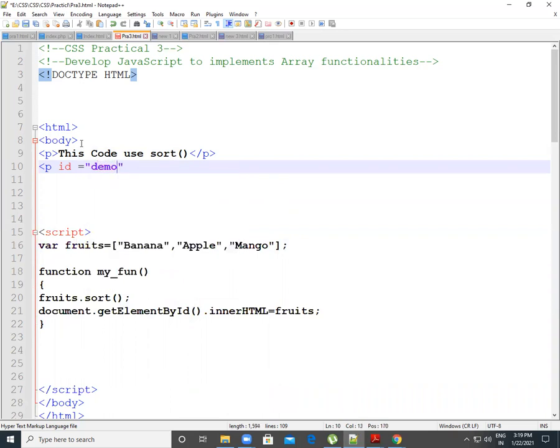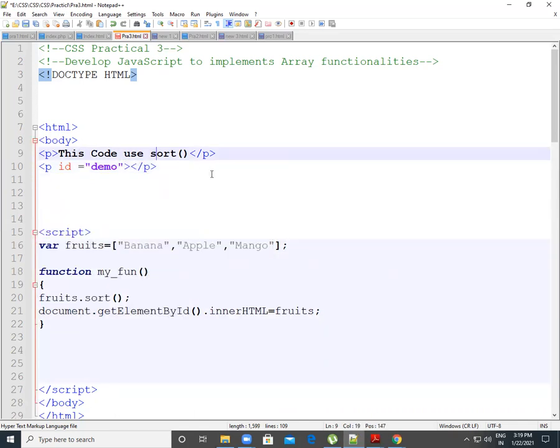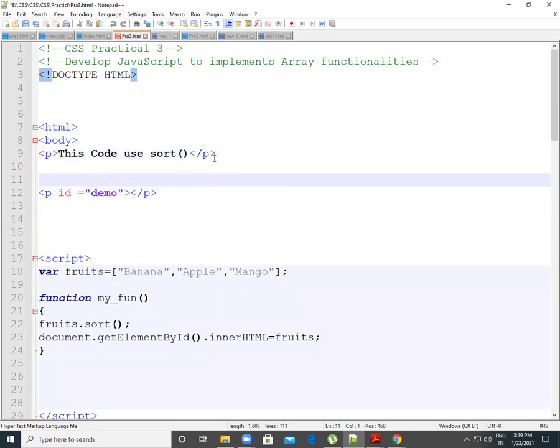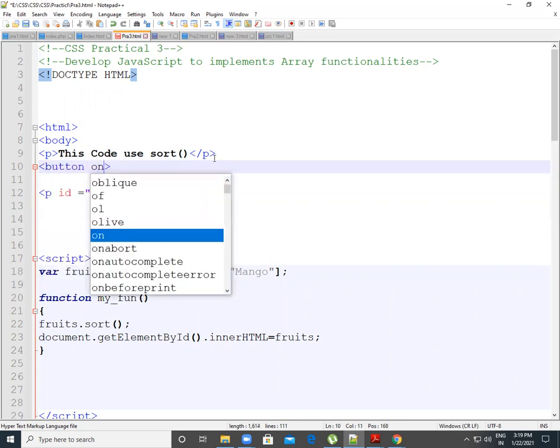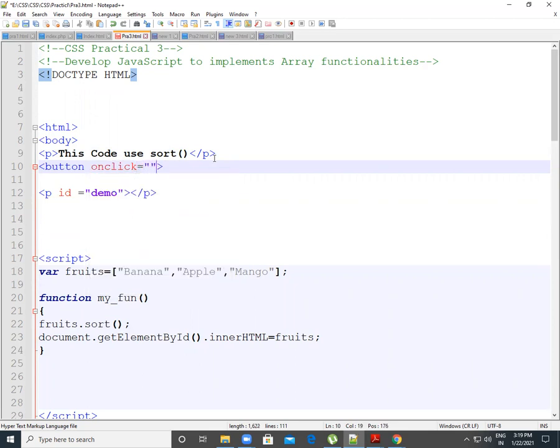Okay, now I will close this p tag, and now I want my button. So you know the button tag already, button onclick function. Using the click function we will get access to our function, correct?